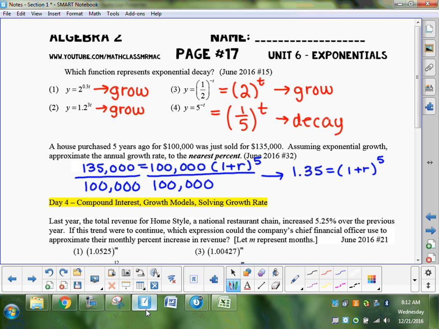Now I've isolated the base exponent pair. What do I need to do now in order to get that r value alone? Multiply or raise both sides to the reciprocal power, yeah. Now you actually could take the 5th root of both sides. That's what the 1/5 power is the same as. I'm going to raise both sides to the 1/5 power. So this would leave me with 1 plus